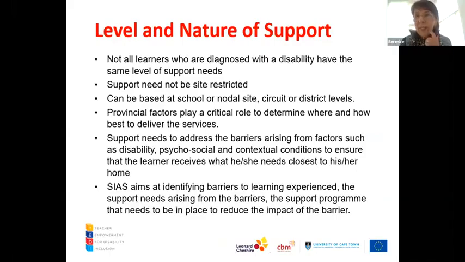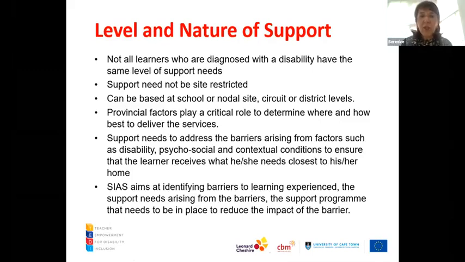So let's just talk again about level and nature of support. Not all learners who are diagnosed with a disability have the same level of support needs. Just because you've got a medical diagnosis of a disability doesn't mean that you have a high level of support need. And support needs not be site restricted. It doesn't have to only happen at a special school. We say the support can go to the learner. That's a big push of ours at the moment. Taking the support to the learner rather than the learner to the support.